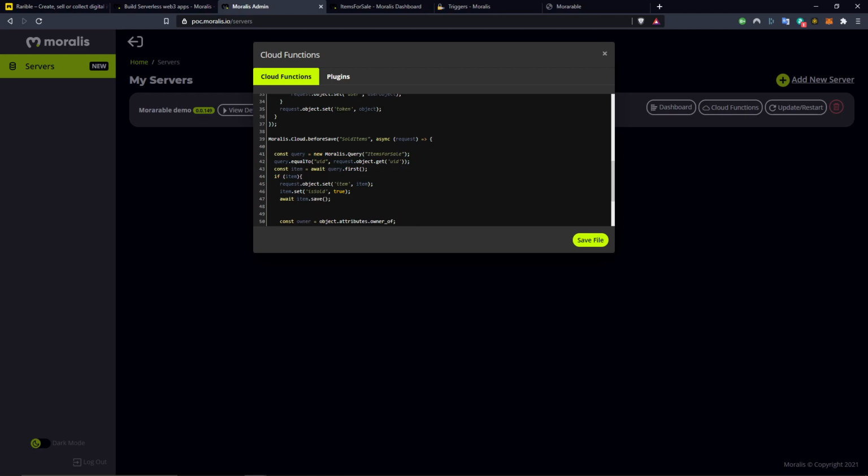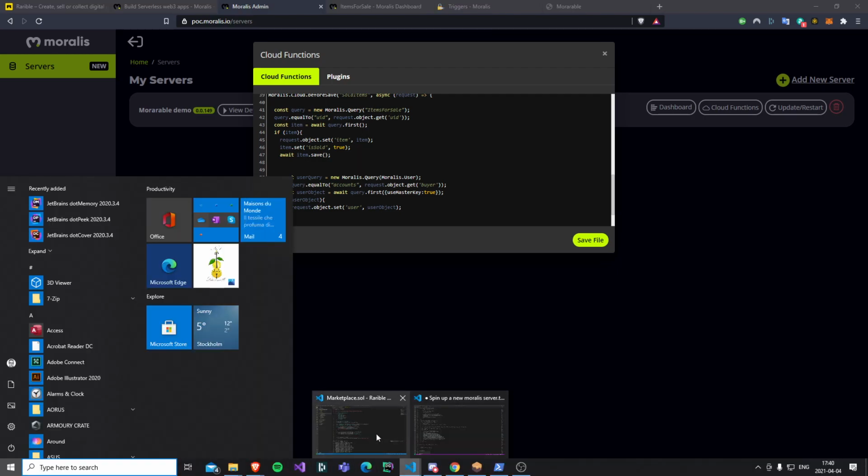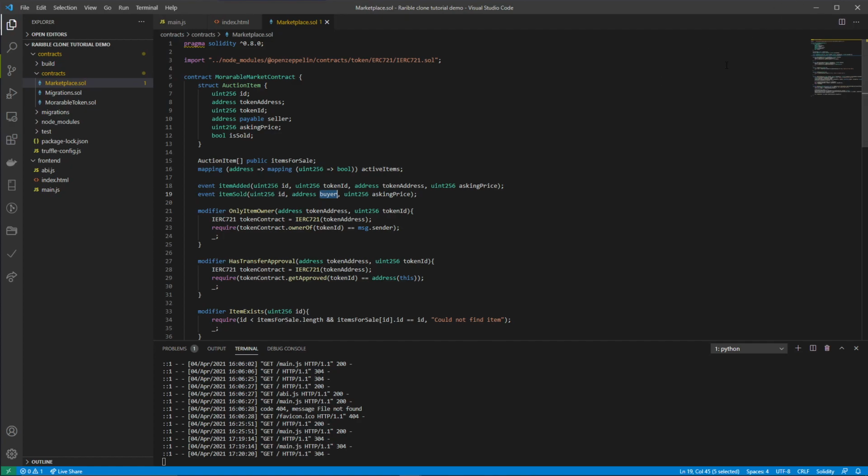And we still want to link the user. Who is the user who bought the item? So we don't need this line. And instead of comparing the owner, we want to do the request. Why can't I spell today? Let's just request, spell like this. We can also copy the whole of this just to be lazy. A request object get the buyer. And this is also one of the things that we emit from this event, the buyer. So now we access that, compare that to